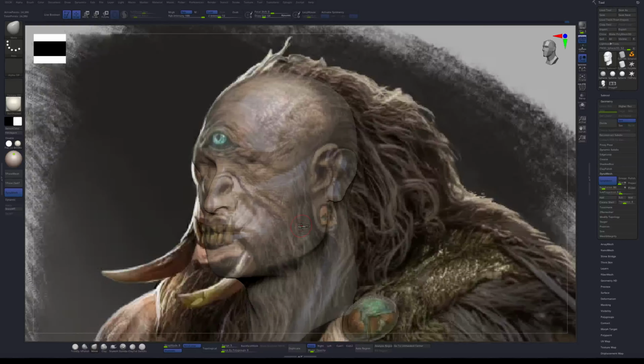So once I have this, don't forget to turn on the symmetry. You can press the X, and then I'm gonna just move. So let's see, choose low. Usually I go to the middle here and the Z intensity. And then I'm gonna try to think if this Cyclops didn't have